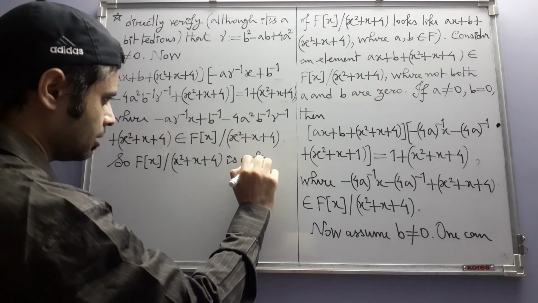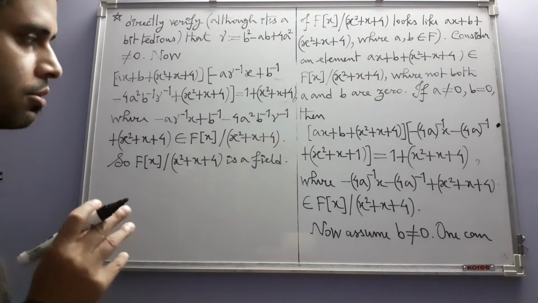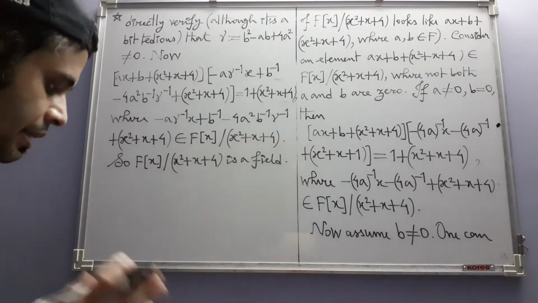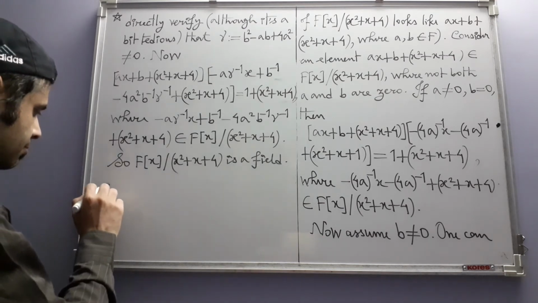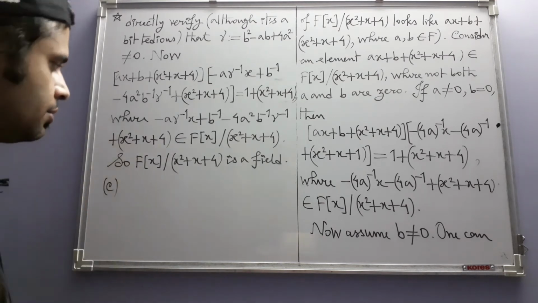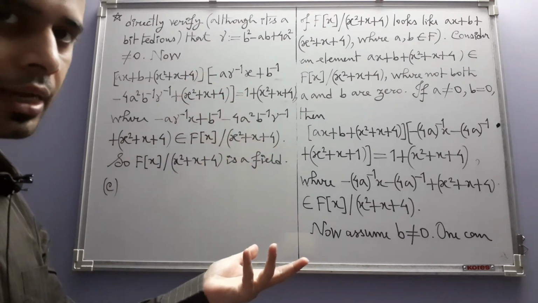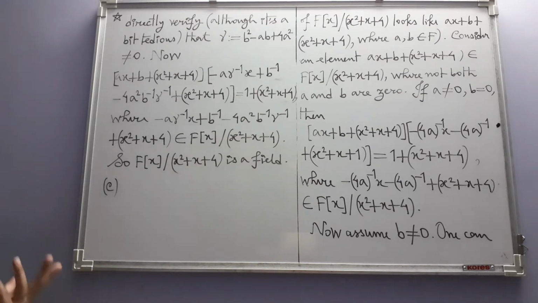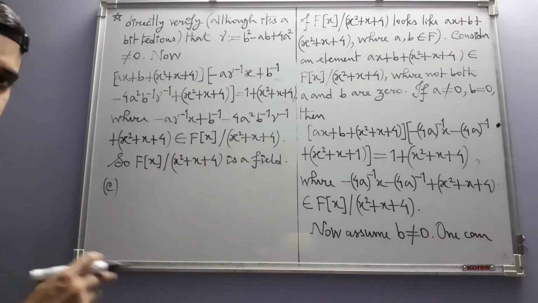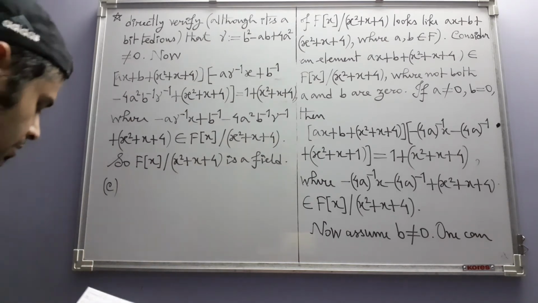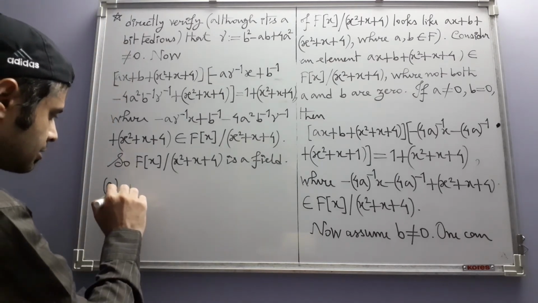This is a field, and we have already concluded it has 121 elements, so part B is over. Now we come to part C. Now this is supposed to be tough, and it is tough. Here we have to show that this field and the previous one are actually isomorphic, and this we will prove by producing a real isomorphism, showing that defining a function between them and showing that the function is an onto isomorphism, and we directly do just that.